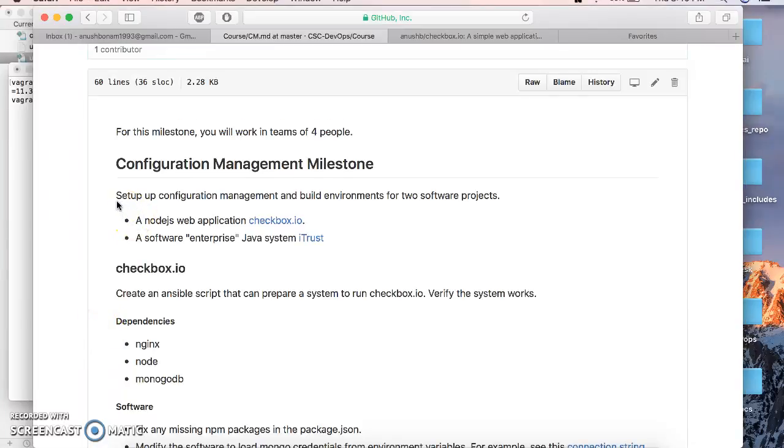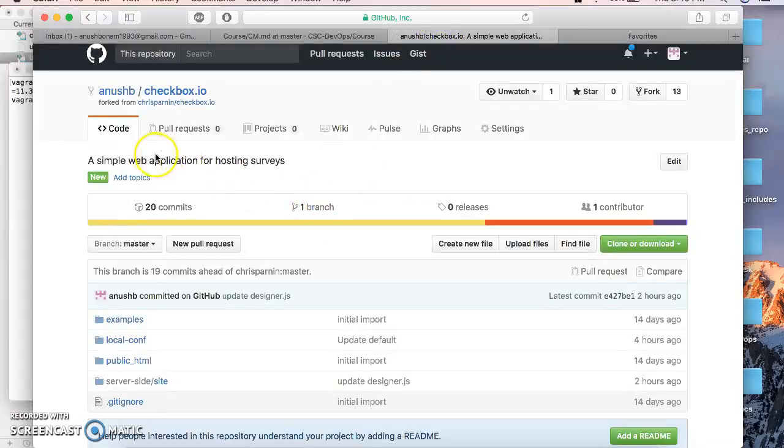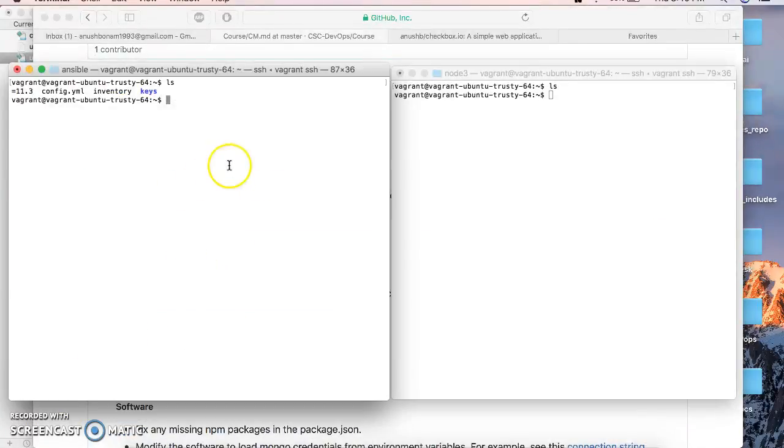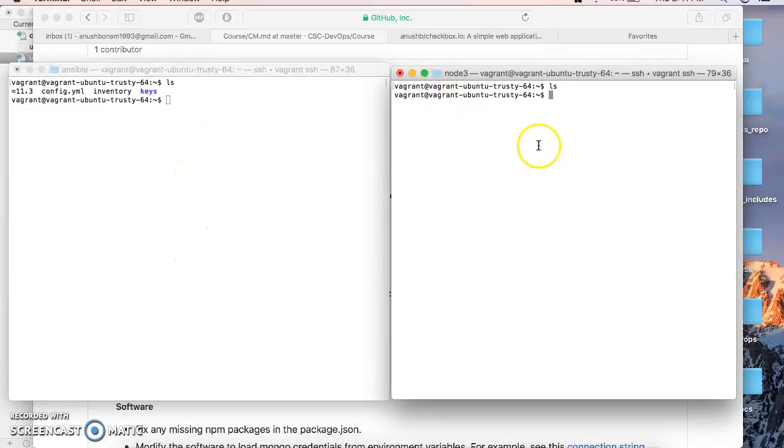Today we are going to see how to set up the configuration management and build environments for the project called checkbox.io. Here, as we can see, checkbox.io is a web application for hosting surveys and creating surveys. For setting this up, we use two virtual machines, one with Ansible loaded inside it, which is the configuration server, and the node server in which we are going to set up the